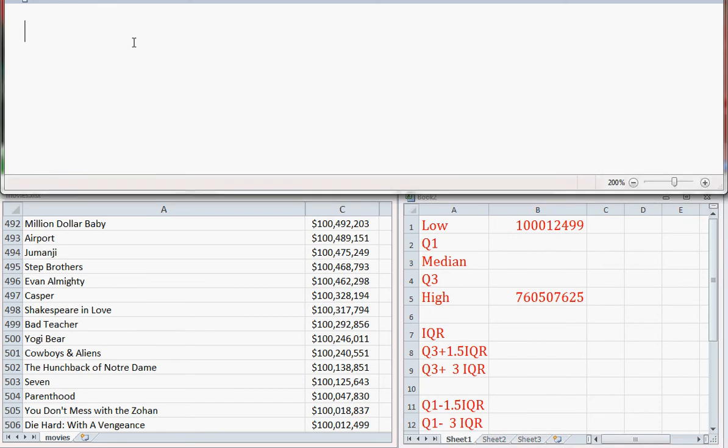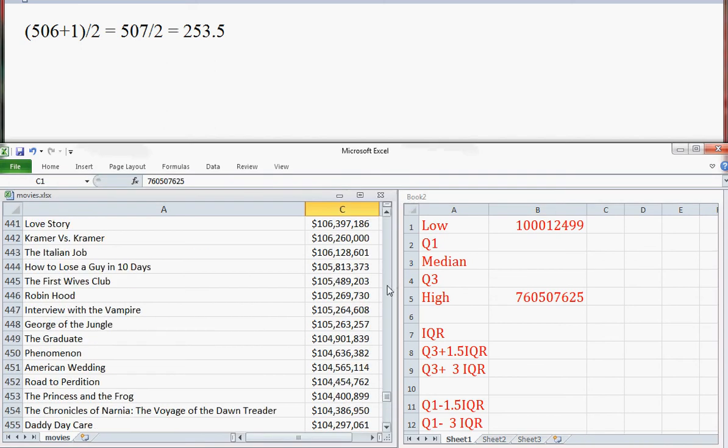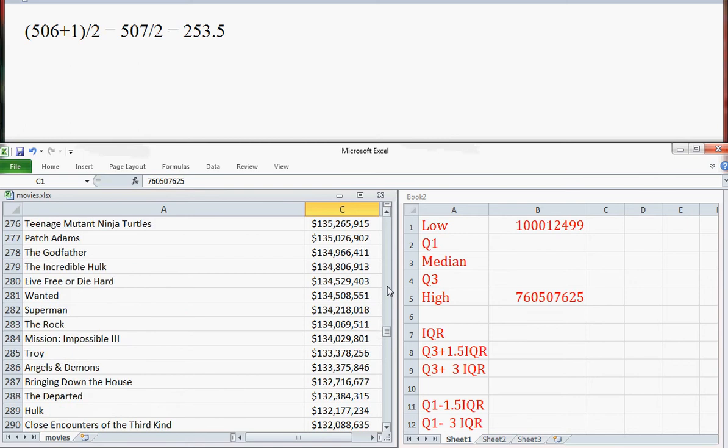To find the median, we use the formula n plus 1 over 2, where n is the number of entries in the data set. In our case, we have 506 things in our list. So 507 divided by 2 is 253.5. This ends in 0.5, of course, because I have an even number here. With an even number of entries in the list, there will be 2 numbers in the middle of the list, and so I need to take entries numbers 253 and 254, average those,